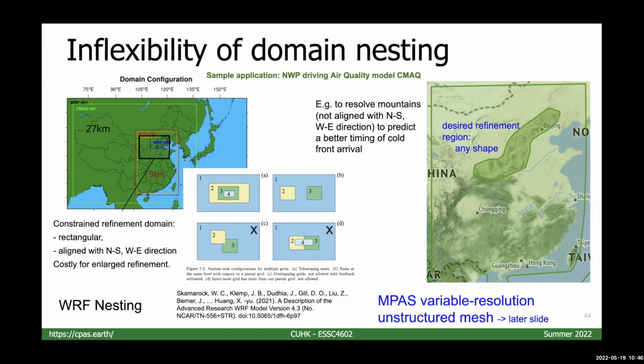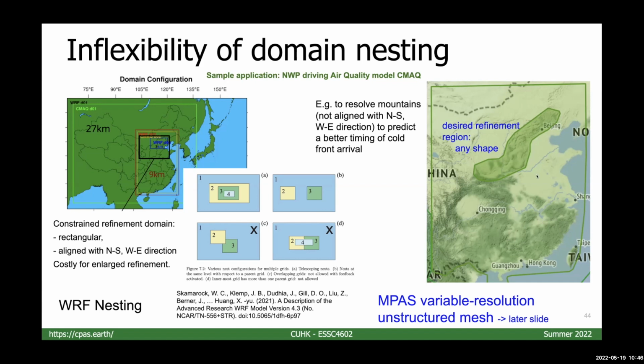Usually, it will average out to a lower height. And if in the simulation, the reality has higher hills, but in the model, it is represented by lower averaged terrain data, then the model does not know there is some dragging or blocking effect due to the mountains. And when the cold fronts approach, usually there is a problem that in the simulation, the cold front will arrive too early to the